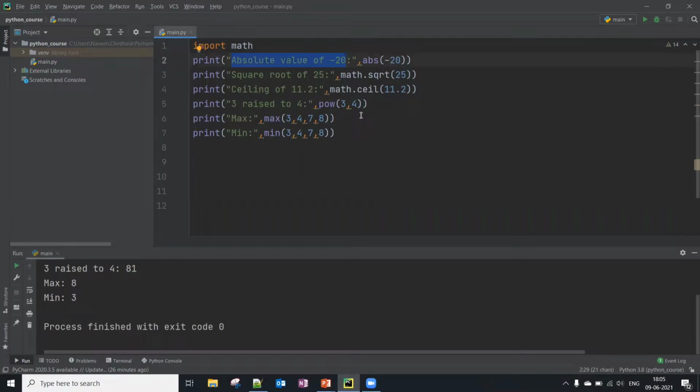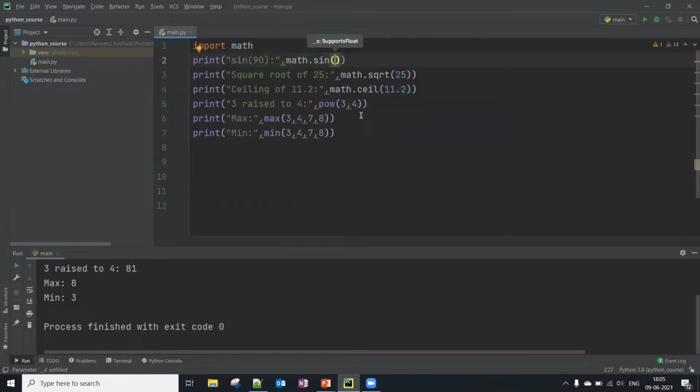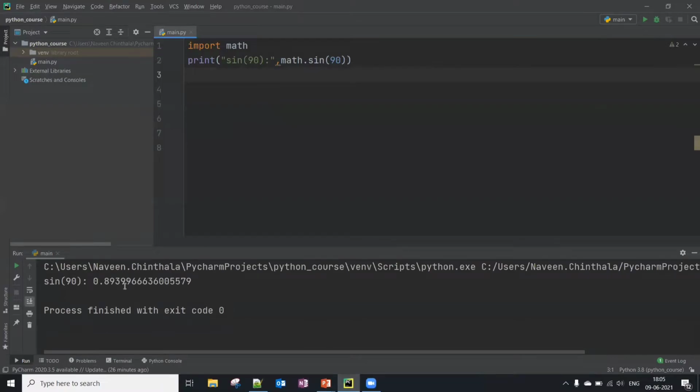Here we'll see what the sine 90 value is. Math dot sine 90. Let me delete this. Okay, 0.08399.